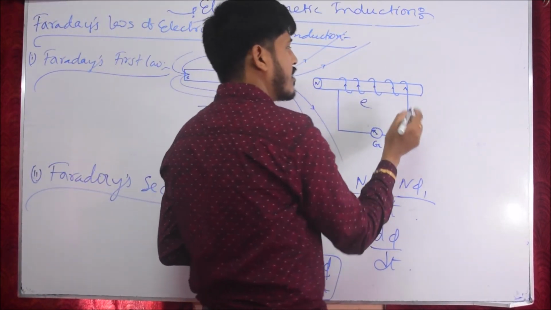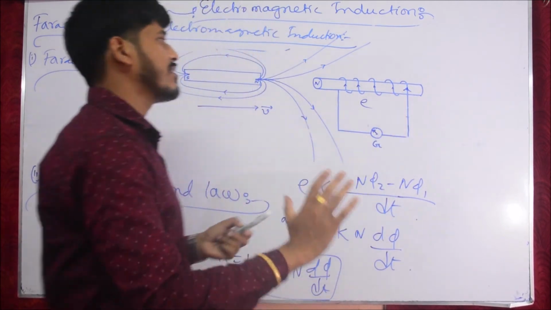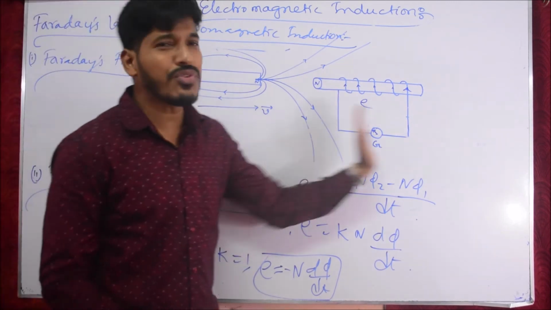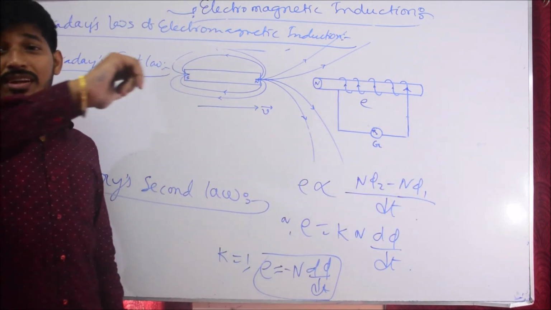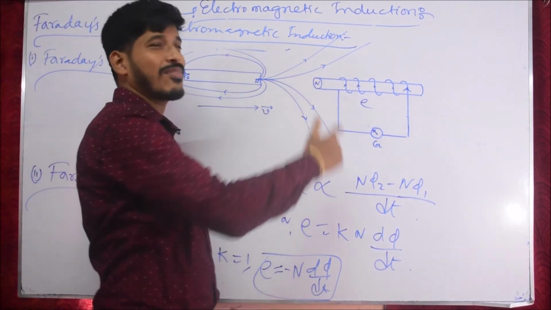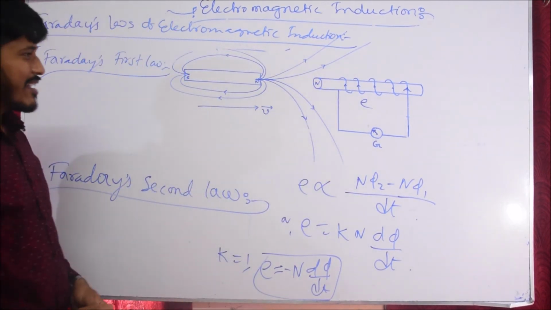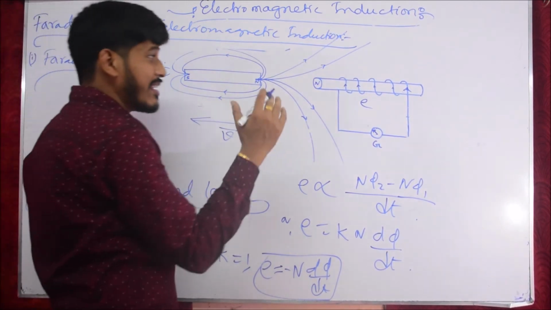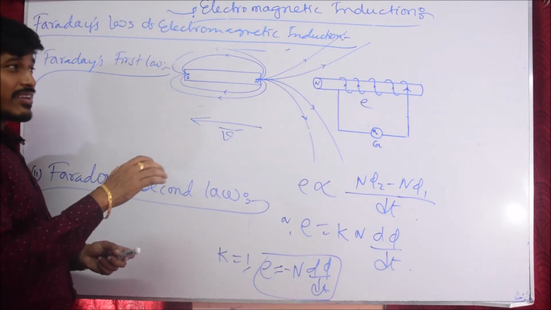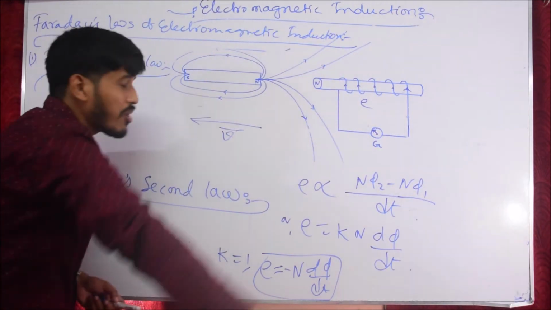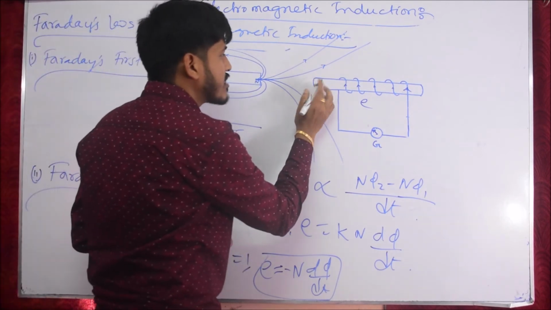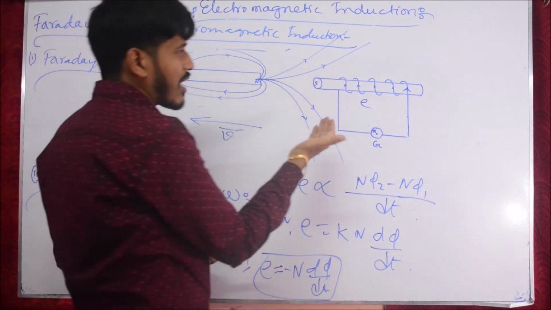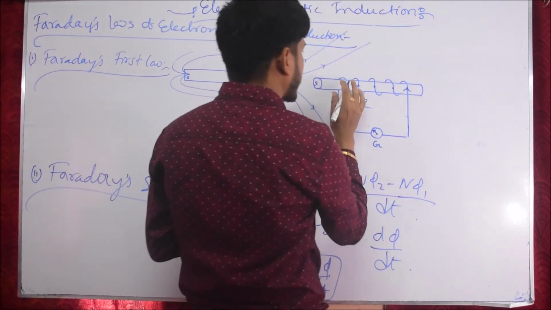Understand na? If the current is along this direction, then only this is north. So as the magnet is moving towards the coil, the direction of induced EMF is in such a way that this end becomes north. Now if the magnet is moving along this direction, suppose, or away from the coil, and as it is moving away, it has a tendency to stop it, ধরো এটাকে। তো ধরতে হলে এটা কি হতে হবে? সাউথ, রাইট না? সো এটা যদি সাউথ হতে হয় তার মানে এটা নর্থ, তার মানে কারেন্টটা হতে হবে এই ডিরেকশনে।